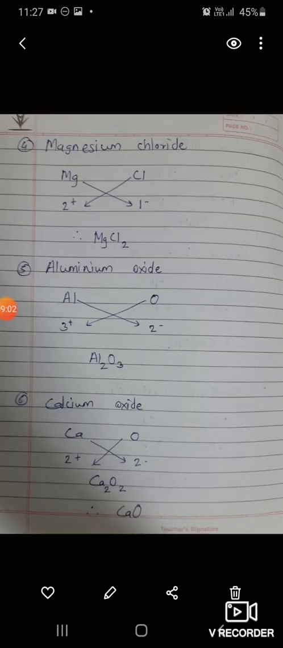Next, magnesium chloride. So what is the element? Mg, capital M small g, chloride Cl. Valency of magnesium is 2 plus and chloride is 1 minus. After crossing, we get MgCl2. Aluminium oxide, symbol of aluminium is Al, capital A small l. Oxide, oxygen is O. Now valency of aluminium, you have to check in that table, 3 plus and oxide, oxygen is 2 minus. So after crossing, we get